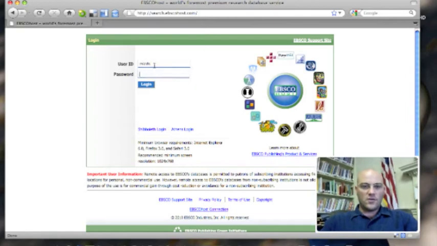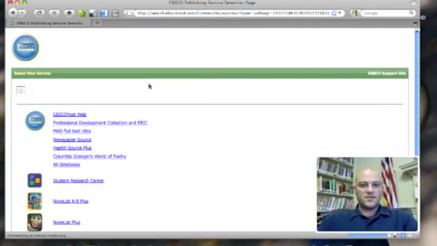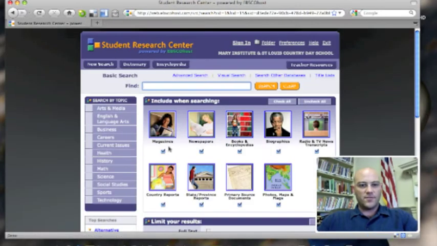You're going to have to always log in with the username and password that's common to all these databases. And then usually you might have to click on the particular database on a list. So take a look at this database. Just because it's online doesn't mean that it's an internet source. If I search for immigration or any topic related to immigration, I might find a magazine article and it would